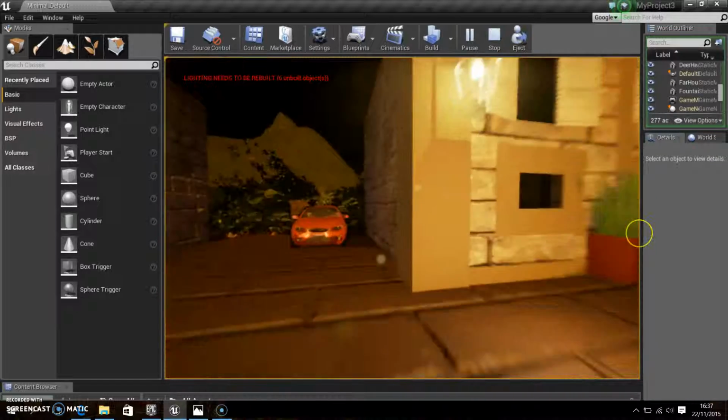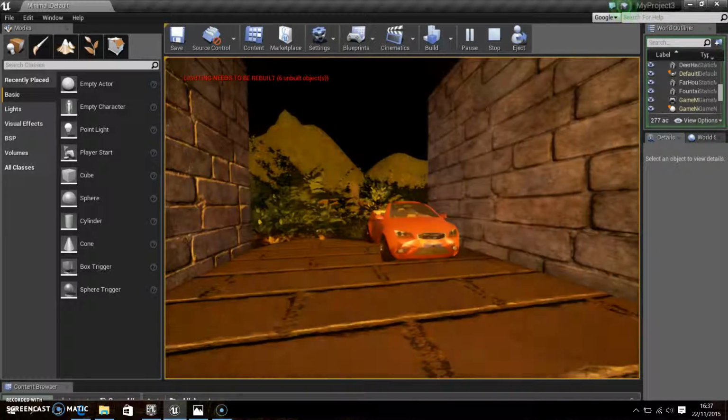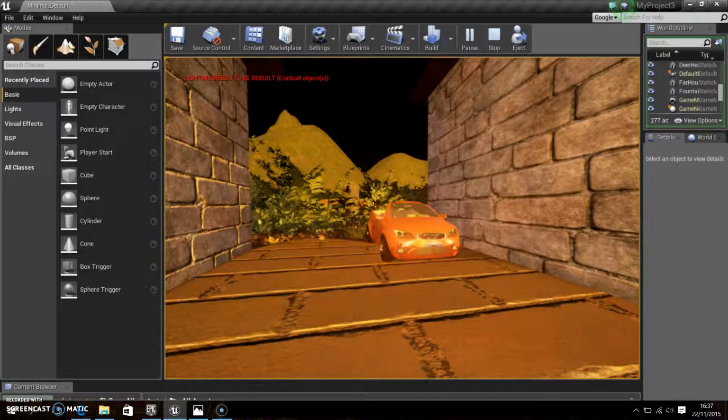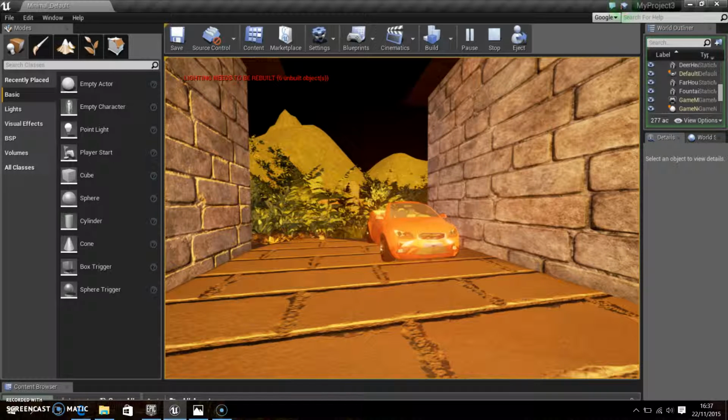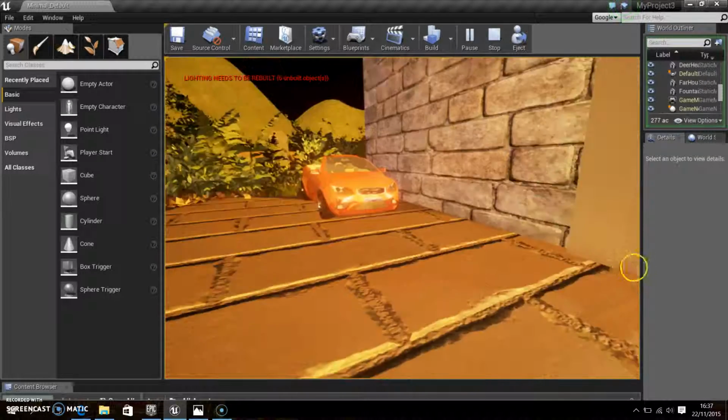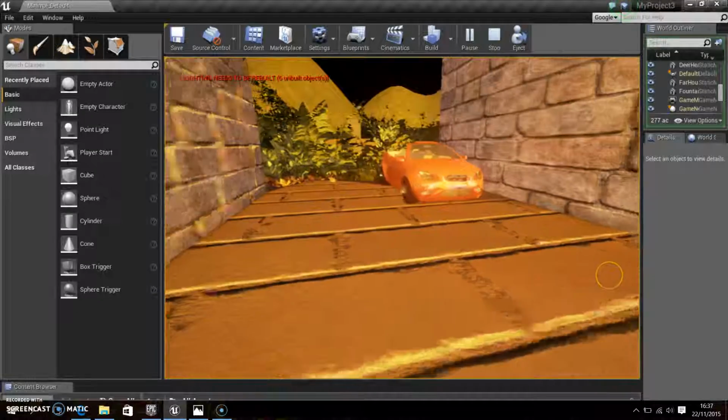Okay, let's see, the next thing we can talk about. In here I have a car. This is one of the 3ds Max sample models, and I ran it through a function in 3ds Max called multi-res, and that just cuts the number of polys by whatever percentage I wanted. So I knocked it down by,